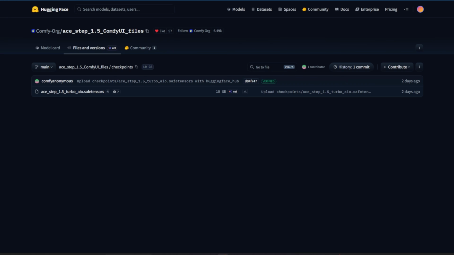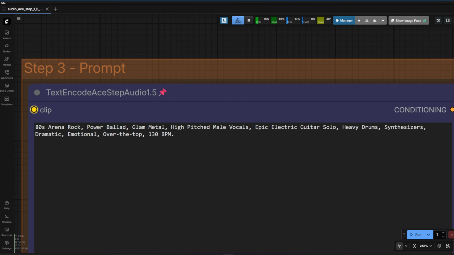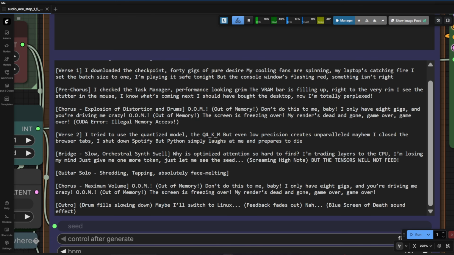Here's the model I used to generate the song. No introduction needed. It's the one trending everywhere right now. And yes, you can run this perfectly with just 8 gigs of VRAM. Here's the style and genre I used for the first track. You'll just pop those instructions right into this box here. Drop your lyrics in this box.